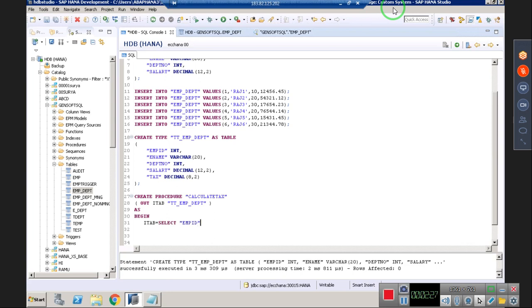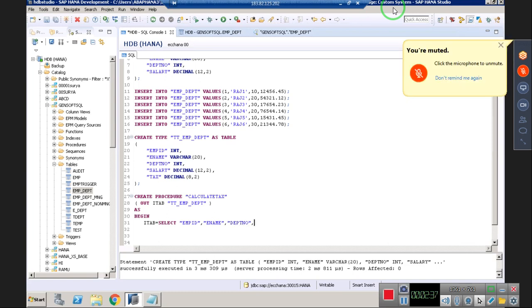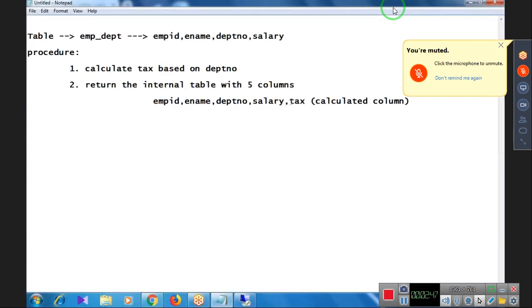Select EMP ID. What else? Employee name. Select EMP ID, employee name, and then what? Department number. What else? Salary. Department number, salary. Yeah. Next, I have to calculate one additional column, na? Tax. This is not a database column. Database columns we'll get the data from the database table, but this is not a database column,